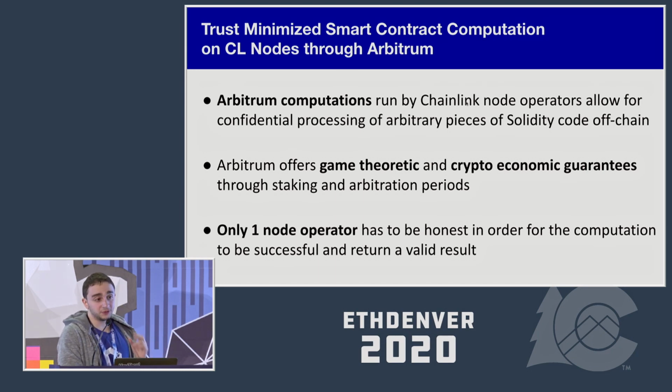And basically the way Arbitrum works is that you have game theoretic and crypto economic guarantees behind it. Crypto economic guarantees come from the staking that node operators put up, which means I'm a node operator, I put up a certain amount of collateral, a security deposit, whenever I'm going to process a computation, right? I'm putting something at stake to say, hey guys, here I have maybe $500,000 of stake on the blockchain. If my computation is proven to be wrong, or is proven to be malicious, or my node went down, well, I'm going to be losing some money.